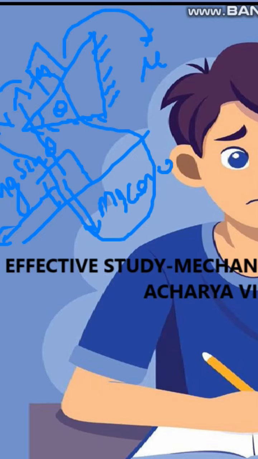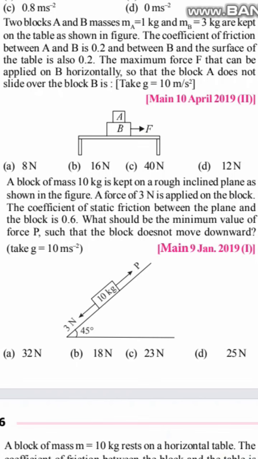Now see how PYQs have come on this concept. Let's see the PYQs. So here is a PYQ, question number 7, which says that a rocket is fired vertically from the surface